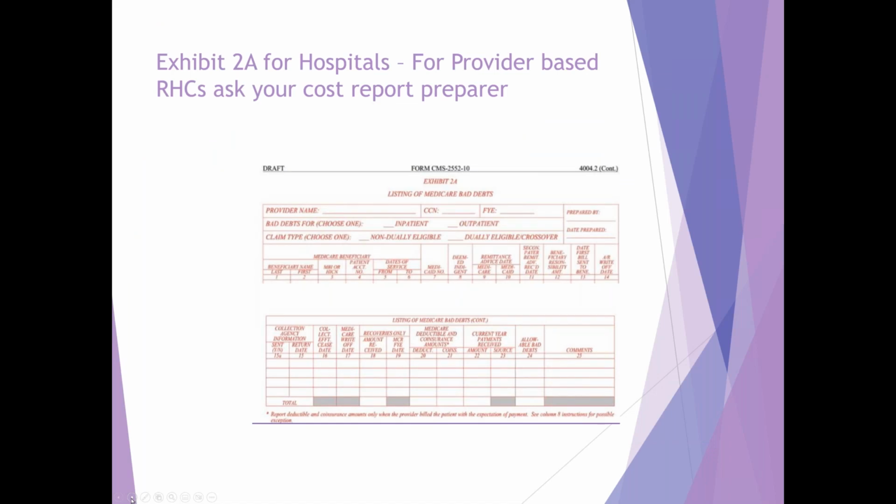There's probably not very many provider-based RHCs on the call, but if there are, definitely talk to your cost preparer about Exhibit 2A, because this was recently released by CMS as applicable to the CMS 255210 form, which is the hospital cost report. And so, of course, provider-based RHCs file their cost reports as a part of that report. So currently, at least I haven't seen any official word about how this may impact independent RHCs, but it's important for everyone to know that this is out there and could be applicable to you in the